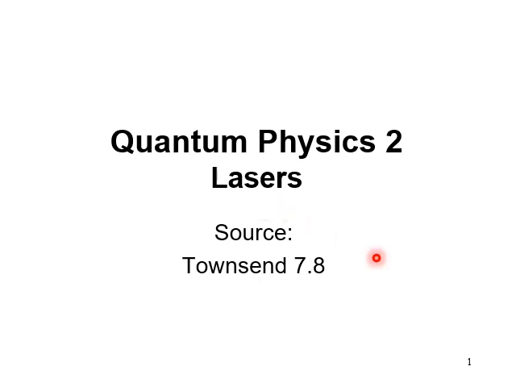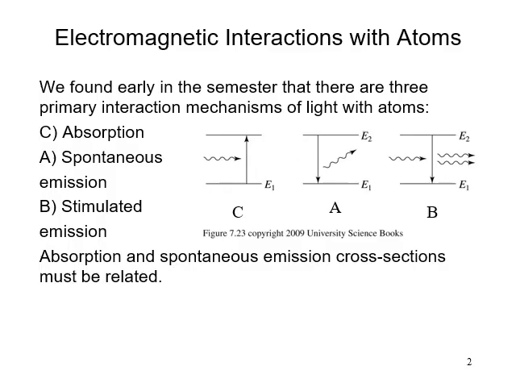This will be the first part of lecture 13, and I'm going to treat the quantum physics of lasers, and in particular as it relates to statistical distributions. So we already found early in the course when we looked at the perturbation theory of light on atoms that